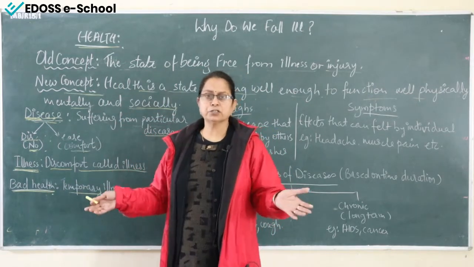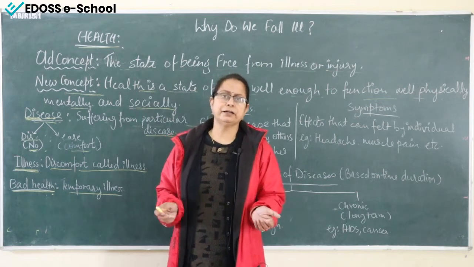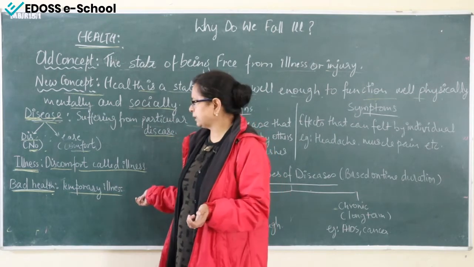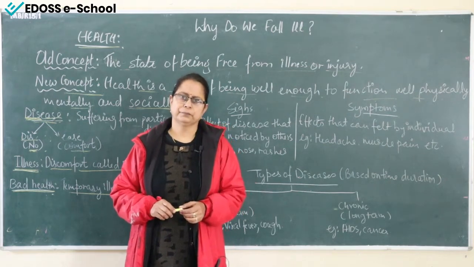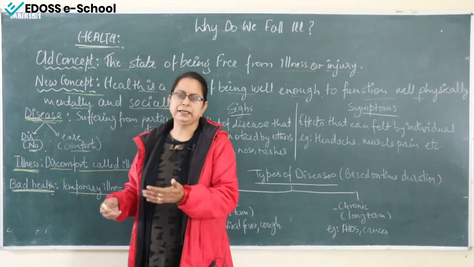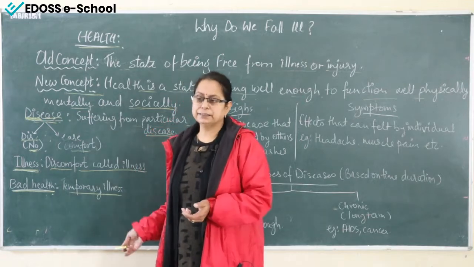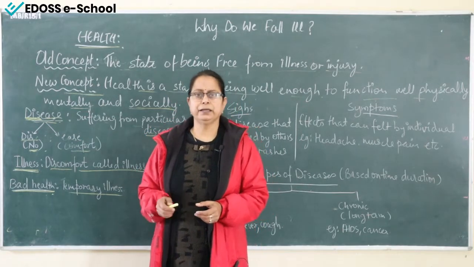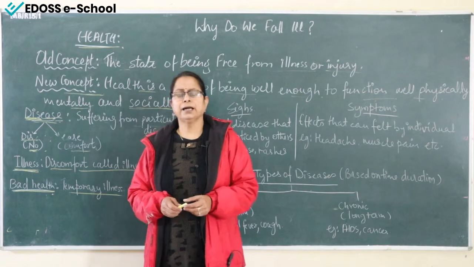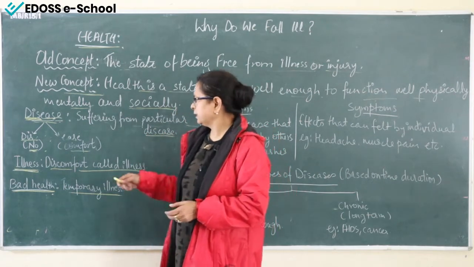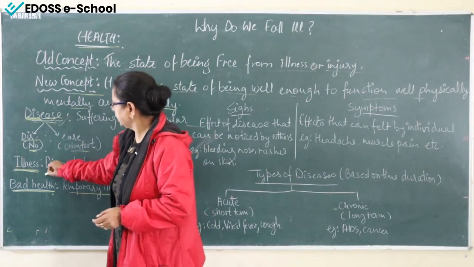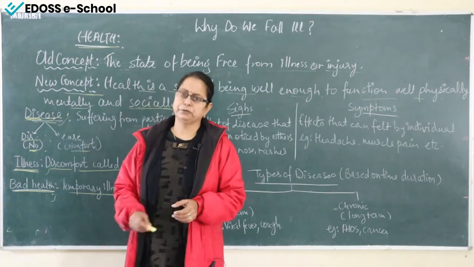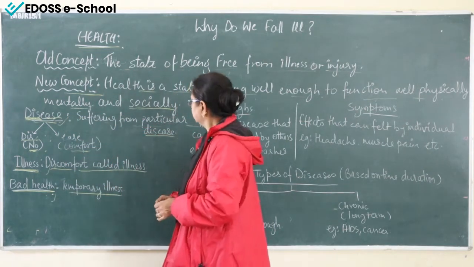A person having no such problem is perfectly fit. But if such problems are there, then we say the person must be having bad health. If every time, frequently, he feels pain in his muscles, or has pain in his head or stomach, that shows the person is having bad health. So these are the terms: disease, illness and bad health. It should be very clear in everybody's mind. Now next to it,